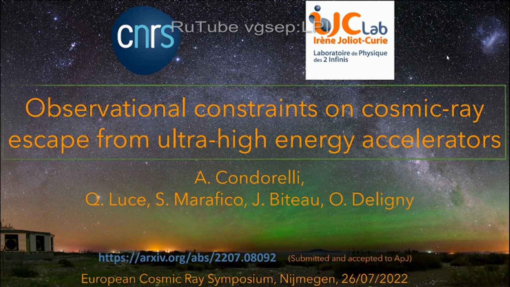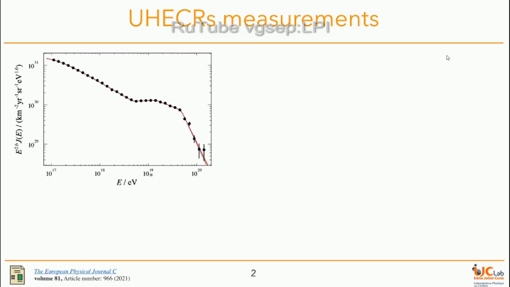I would like to start by showing something that you probably already know. The ultra-high-energy cosmic ray spectrum is already measured with super precision. We can find some well-known features, which are the ankle at 10^18.7 eV, then the suppression at the highest energies, and in the middle the instep, which is a new feature that is still to be studied.